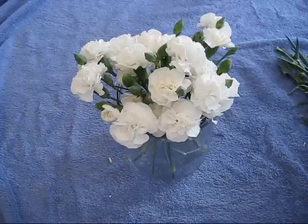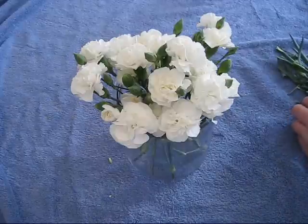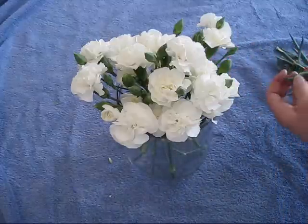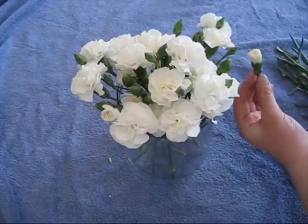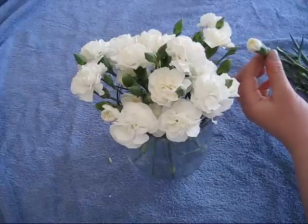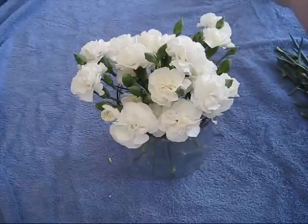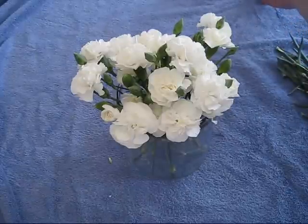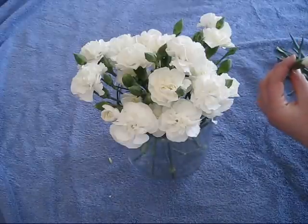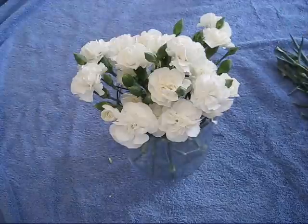Because obviously it's plant matter and it's completely biodegradable, so I would recommend that. Okay, and also if you have any little petals that have come off during your arranging, I like to just save those and put them on the side. You can find a use for them at some point. You don't really have to throw them out, because they look perfectly good. You can consider drying them and